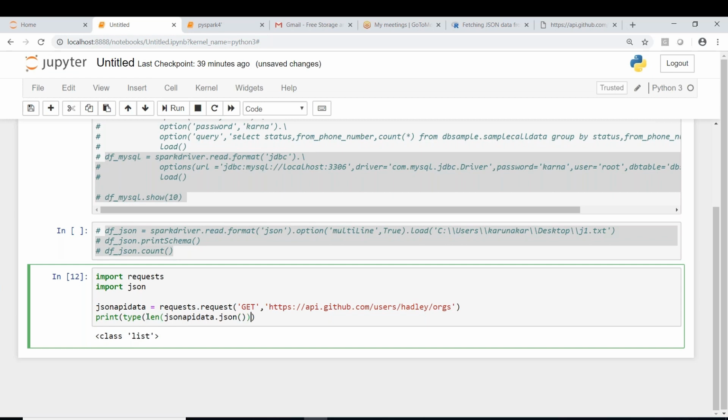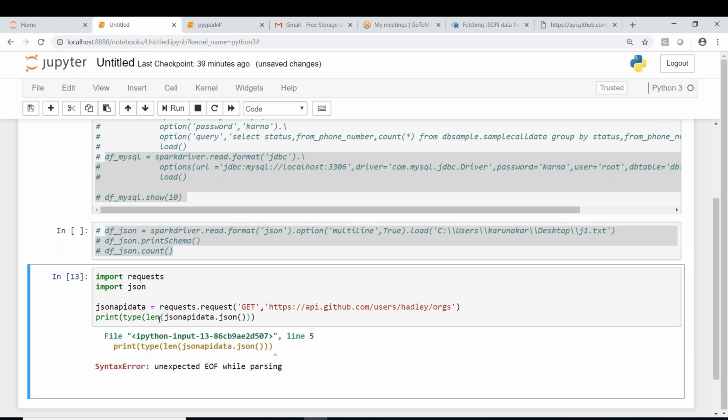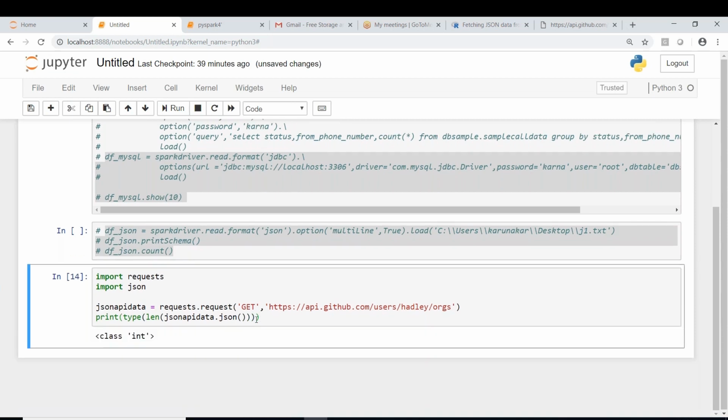It is a list, right? If you apply length on it, then you get the size of the list. We are printing the type, so let us print it directly.